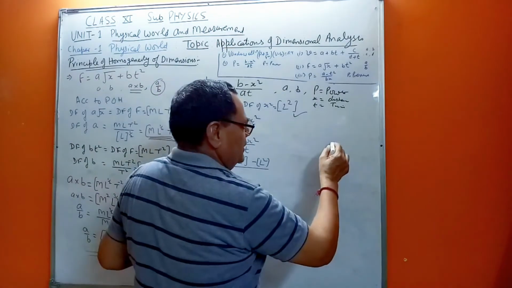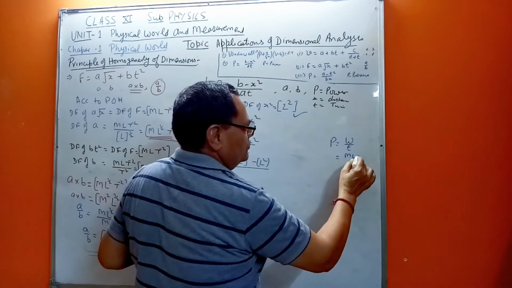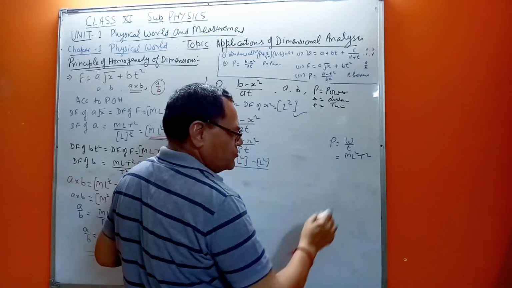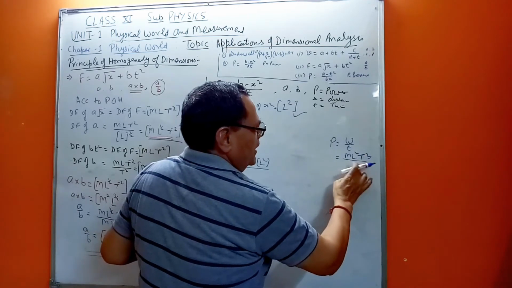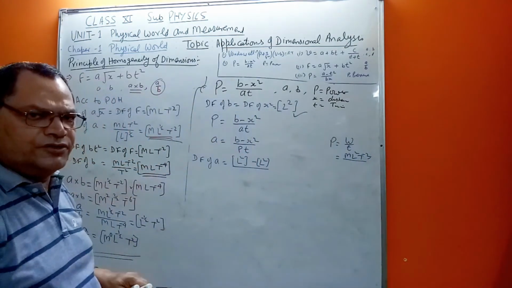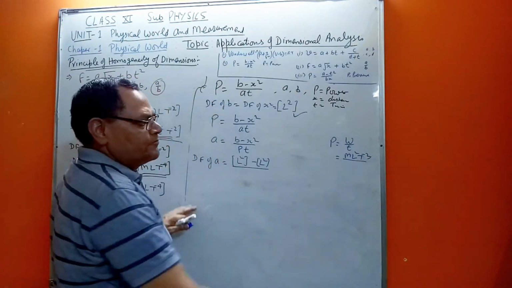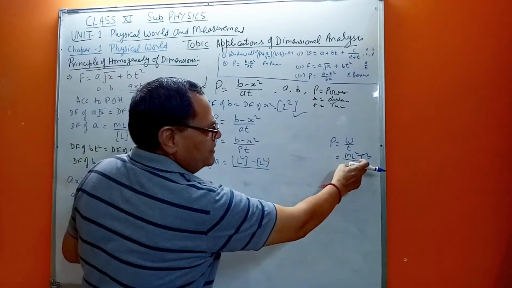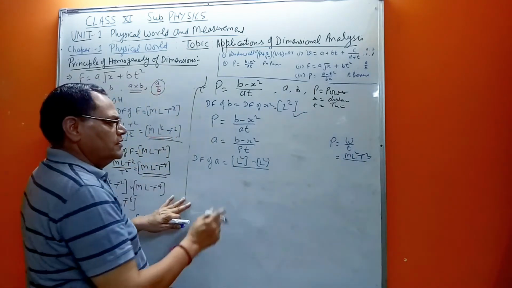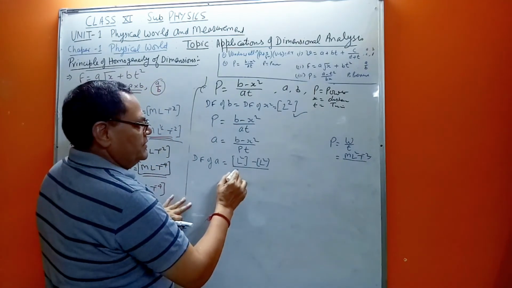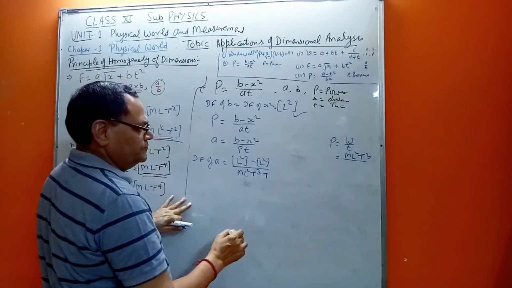Power, we know earlier, was basically energy or work upon time. Work was equal to ML square T minus 2, and upon T, so ideally it was ML square T minus 3. If you don't know any direct formula, you can just recall the previous studies. Work upon time, work was ML square T minus 2, and T is down because power is work upon time, the rate of doing work. So power will be ML square T minus 3 into T.